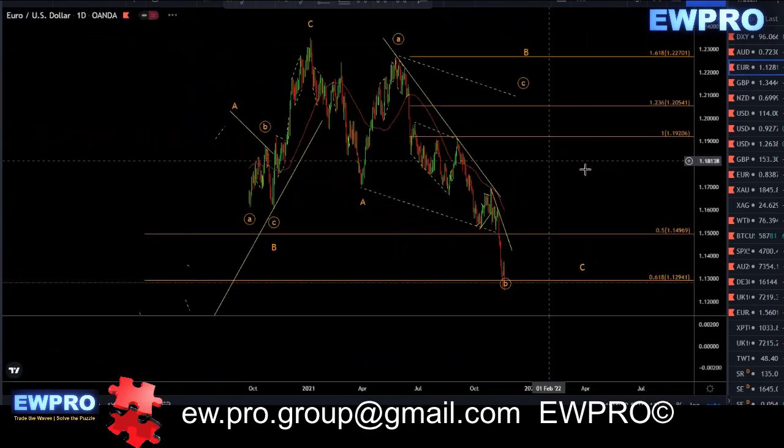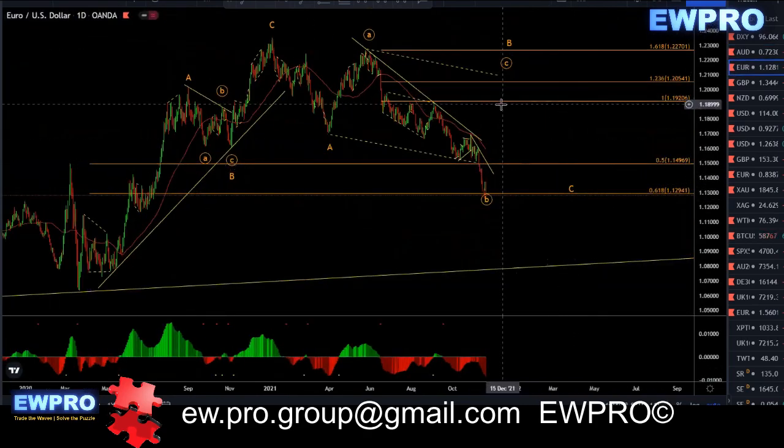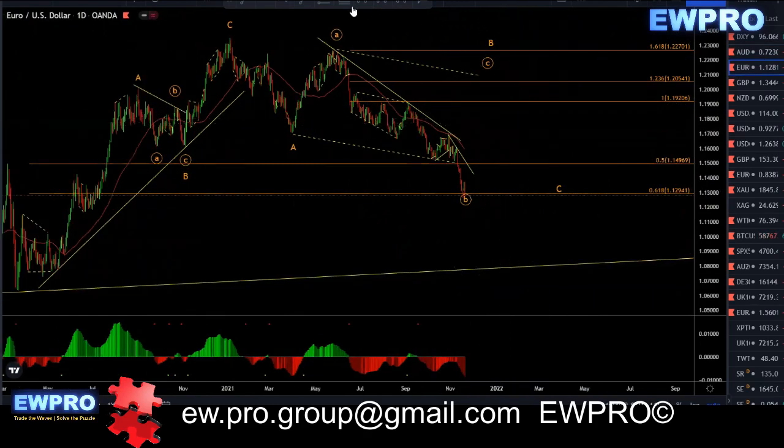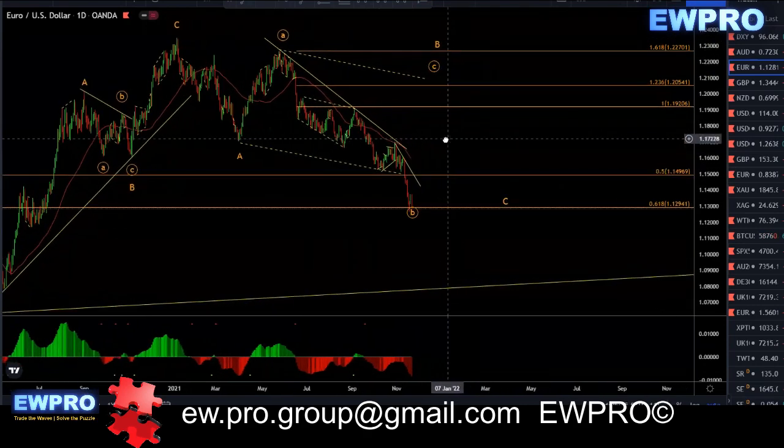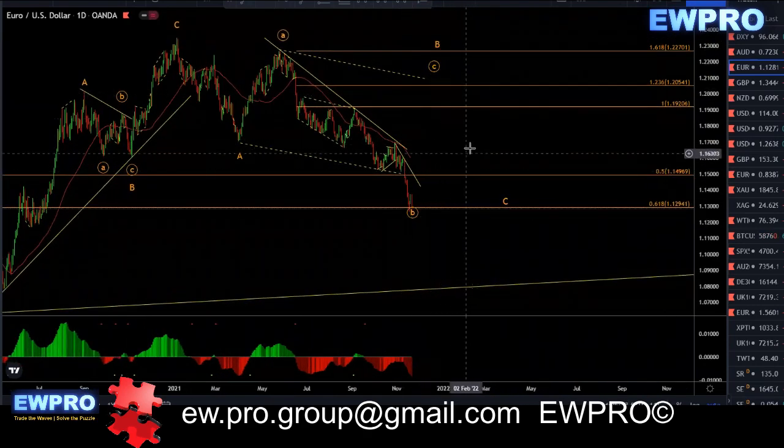On the EU, on the daily, this is getting very difficult because we get an A. I was looking at an A, B, C in here. We never got that C up, and this one's going way too far. We're back down to the 61.8 retracement of this whole move. So yeah, it's not playing the game. Didn't get that C up to sell, and